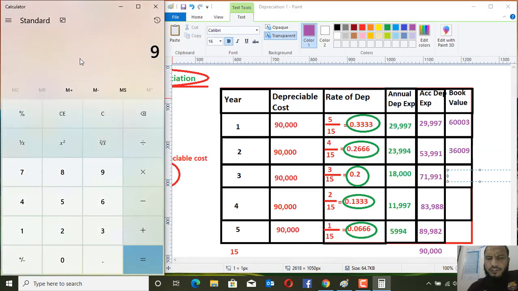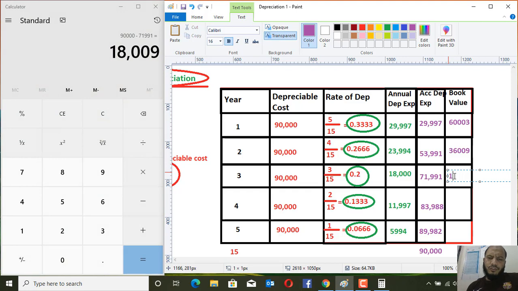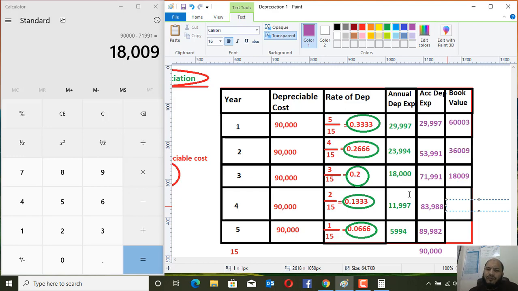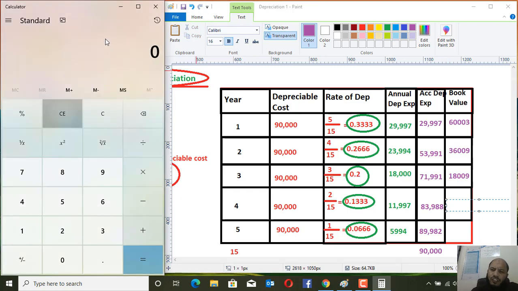Now we will have the year 3, column 3. In column 3 we have the same case: 90,000 is the cost, and we have the accumulated depreciation expenses, which are 71,991. So the difference is 18,009. And for year 4 we have the same, like 90,000 is the cost, the depreciable cost, and we have